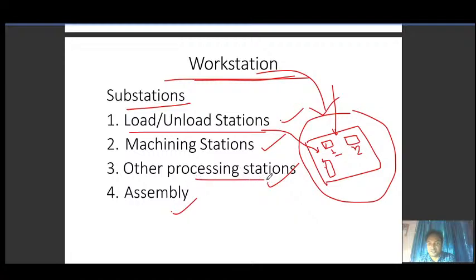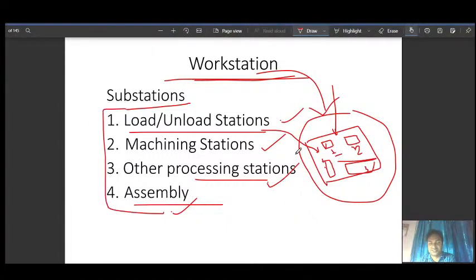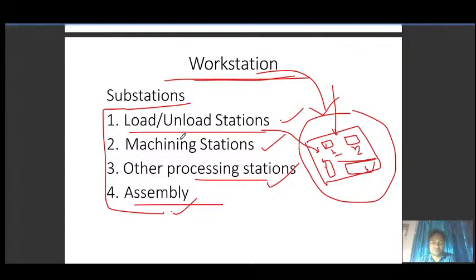Then other processing stations, where other operations can be done. And it can also include an assembly station. So these are the substations under a workstation. Although you can also say this one is also a workstation, but we are talking about the broader sense.